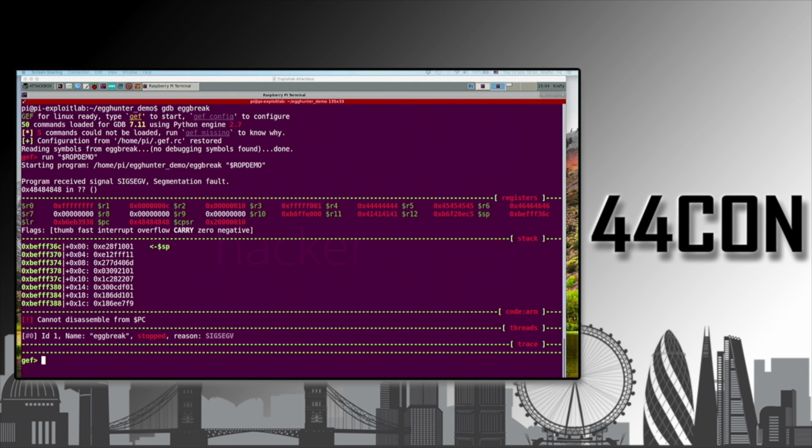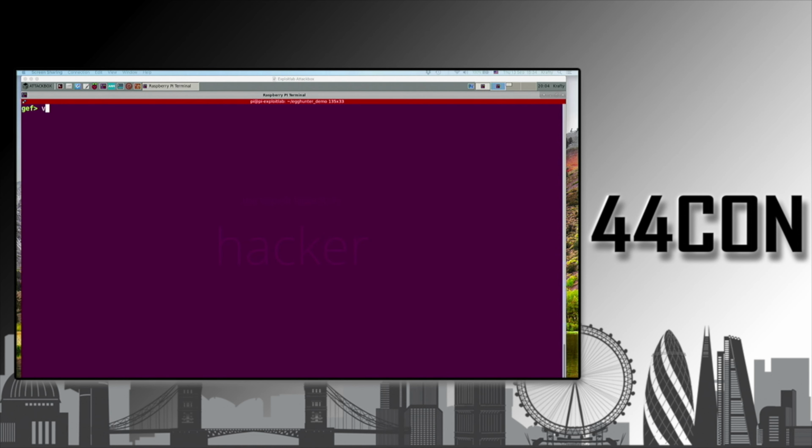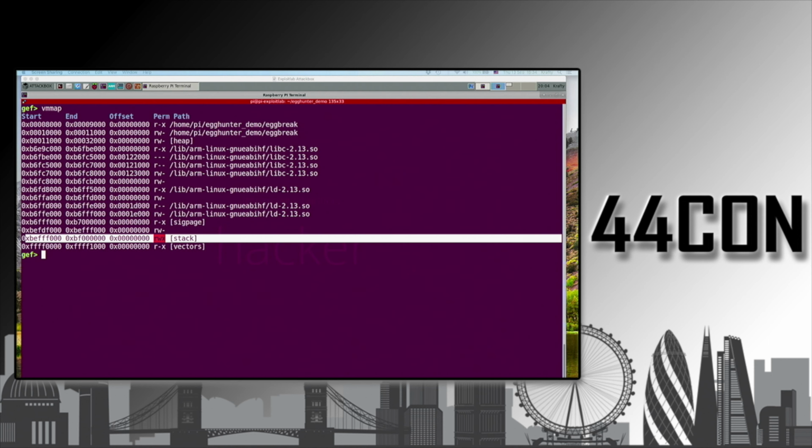But at the moment, if we look at the process memory, we do notice that mprotect has done its work and applied RWX to the stack. So the stack is in our control thanks to the memory corruption bug. The heap is not yet in our control. Like if you look at the heap, if I dump the memory at the heap,